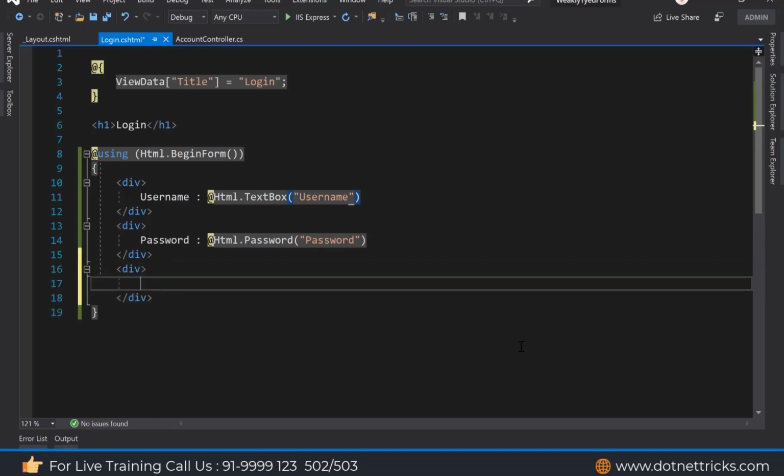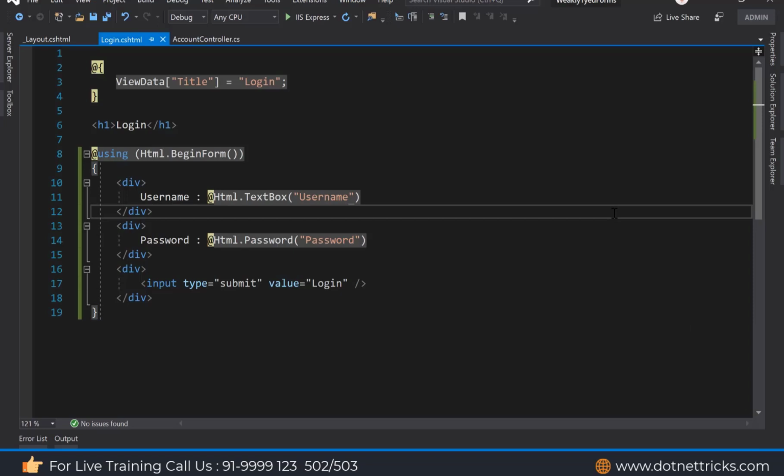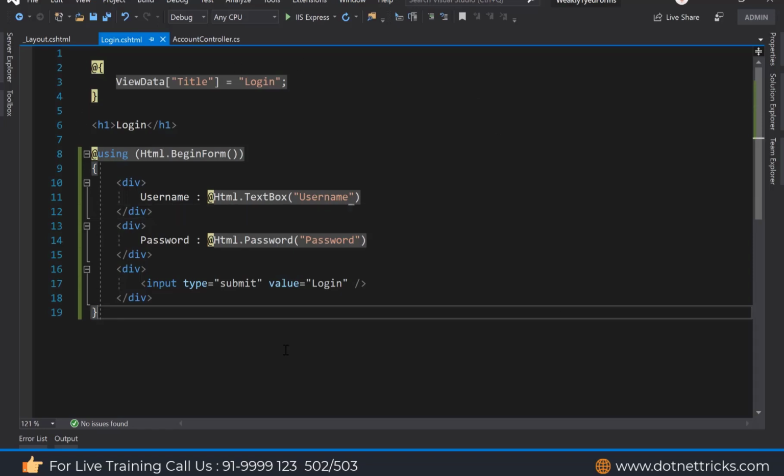And finally define a button here. I'm adding here a submit button. Input type submit. Input type equal to, it would be here submit. Then you can define the value also. So value would be here login. So this way we just created here a simple login form with the help of standard HTML helpers. So these are the same helper as we have in ASP.NET MVC5. So even it is a similar way for creating the form as we have in MVC5 also. And this form is known as the weakly typed form because it's not having any dependency on a model class.